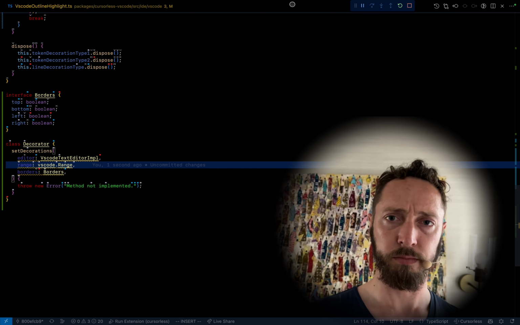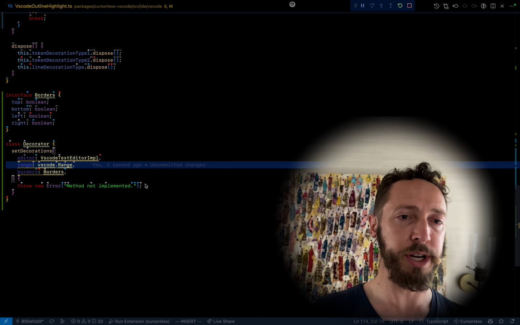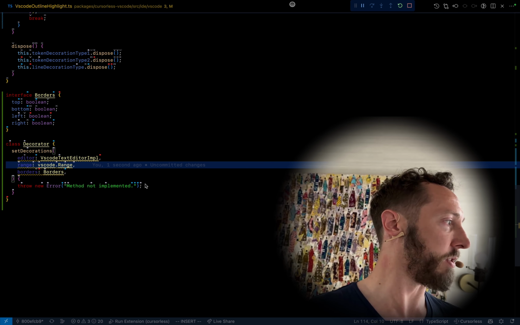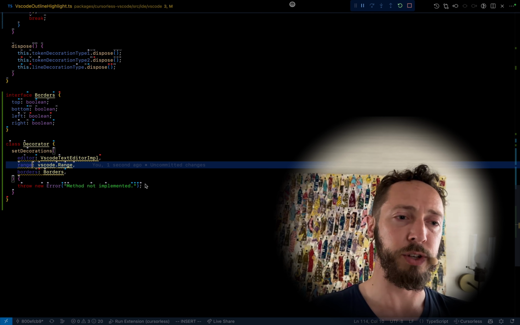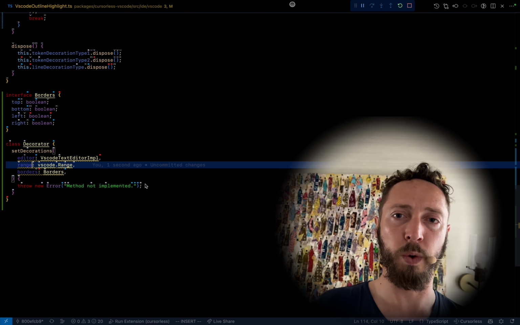So I think we need like a step at the end where it's going to do the final computations or whatever, because it needs to figure out adjacency and stuff like that. So let's